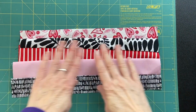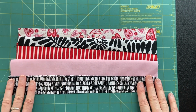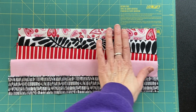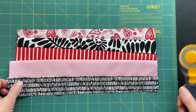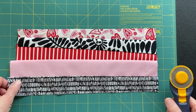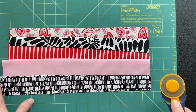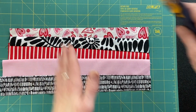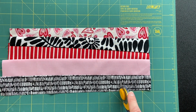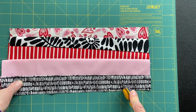This is just plain old strip set, and I have two ideas for how I might do this. One is to just cut it up and treat it as a sort of crumb block, and these pieces, rather than just a solid piece of fabric, are what I would use as I'm spinning it around. So who knows what's going to happen here, but I am going to